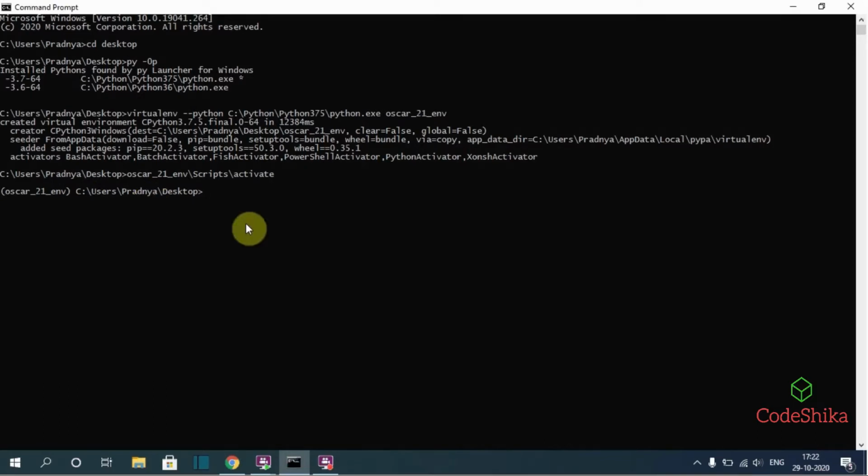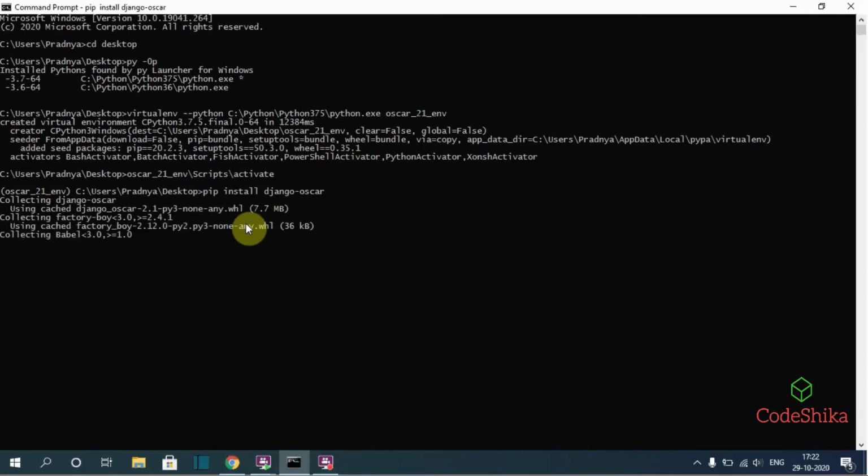Now let's install Django Oscar using the command pip install django-oscar. This will take some time to install Django Oscar packages.